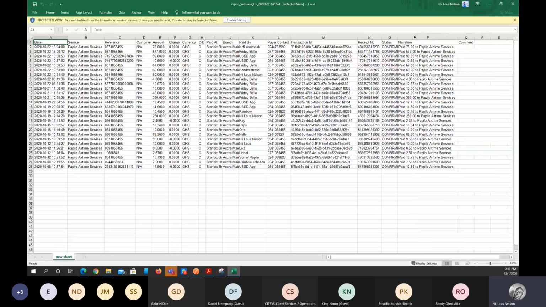And then you have the narration of the transaction. So these are all payments that were done between the 5th of October and the 23rd of October this year on the platform. These are basically test transactions that were done. And as a merchant, you can basically use this information offline in other systems or pass it between departments for you to do analysis or anything of that sort, right? So